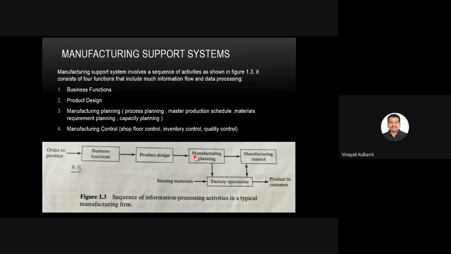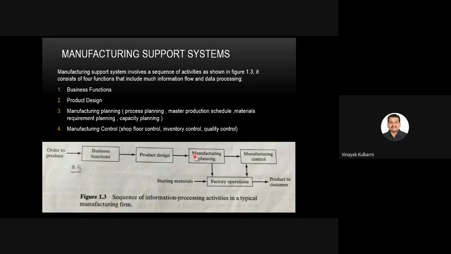If these four are not there, you cannot run any product into the machineries or any raw material into the machinery, because you don't know how much raw material is required. You just simply get 100 kgs of something and only 50 kgs is consumed. You cannot use the other 50 kgs for some other product because that specification will be different. And from where you have got it, they are not going to take it back because it is in a single planned quantity. So for this, all the planning is required.